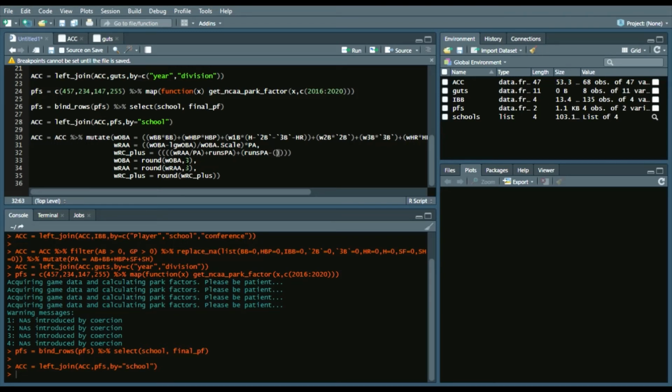minus, and we'll say final PF, which is our park factor, times runs per plate appearance. And also the park factor is adjusted for the league that you play in. The base park factors that are generated do adjust for the conference that the team plays in. So the ACC conference, a very well-respected conference in baseball. So then we're going to divide by,